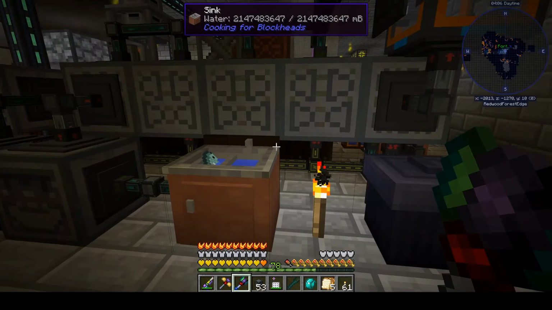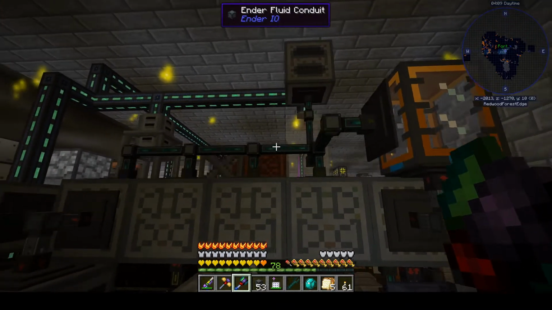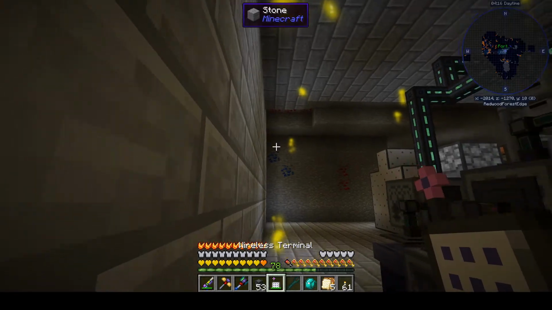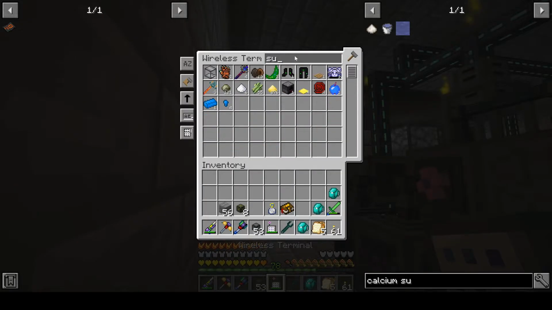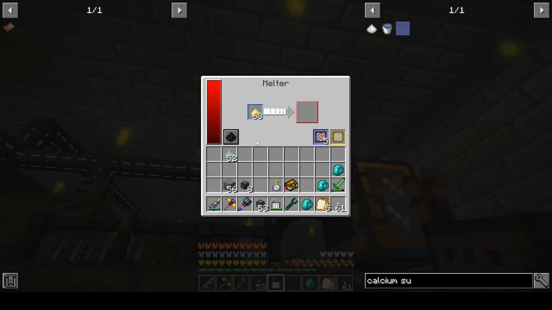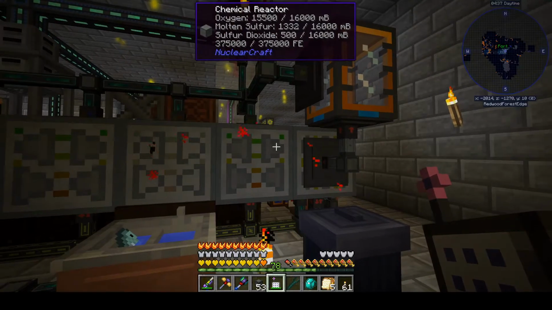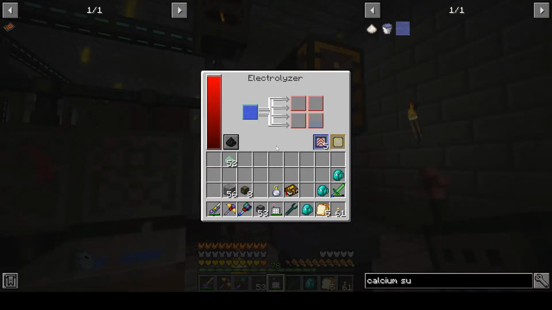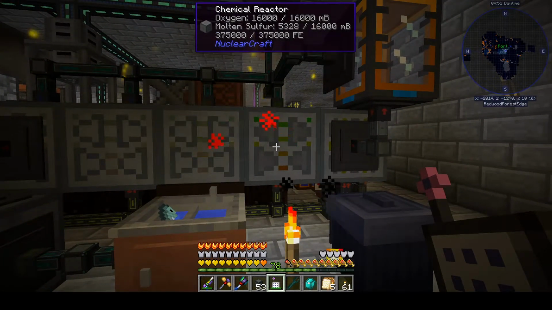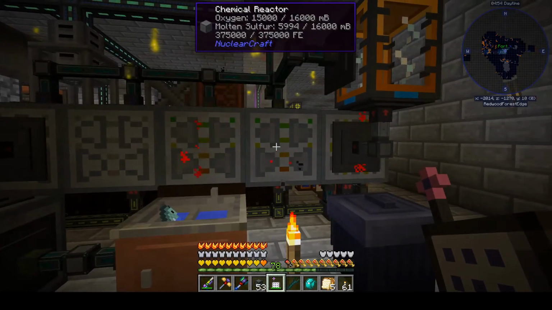Alright, we are back with our calcium sulfate production for moving into advanced rocketry. So what we've got going on is, let me go ahead and grab some more stuff. Sulfur and crushed fluorite. Alright, so we've got a melter up here that melts sulfur and feeds that down into this chemical reactor. We've also got an electrolyzer making oxygen, voiding the other 3 liquids into this trash can. So the oxygen goes to here, and then oxygen goes to this chemical reactor where it mixes with the molten